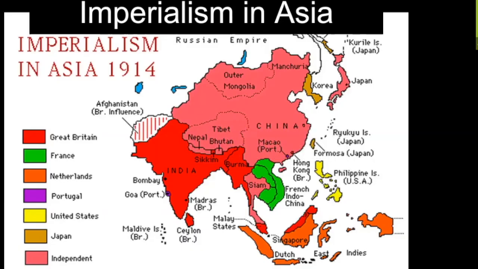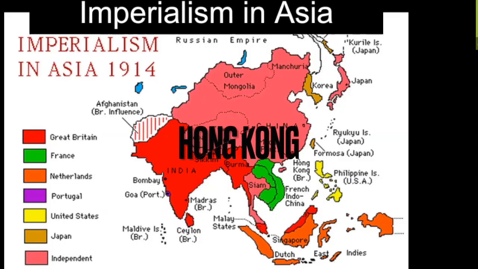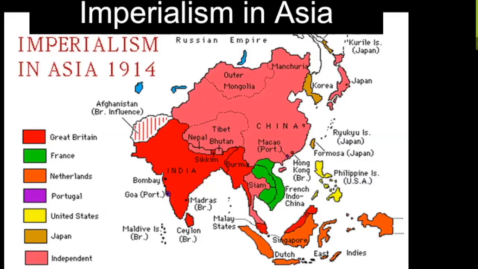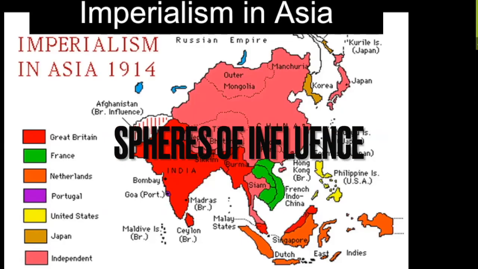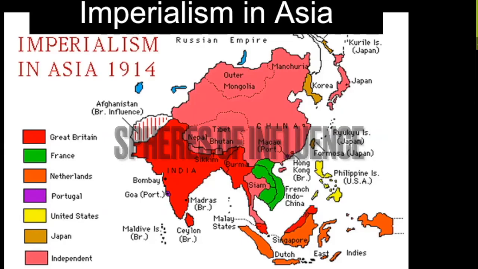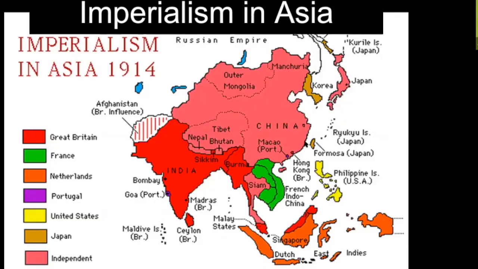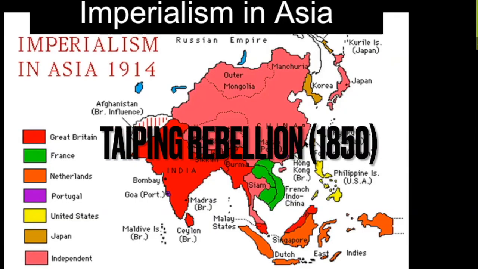And in this treaty, since Britain was victorious, they are going to take Hong Kong as their territory, as a colony. They are going to make the Chinese pay $100 million in reparations for lost property with the burning of their opium ships, and they force open trade in China. So other European countries are also going to slide into China and start establishing spheres of influence, including the United States. Once they force open trade in China, we're going to see the Taiping Rebellion in 1850.